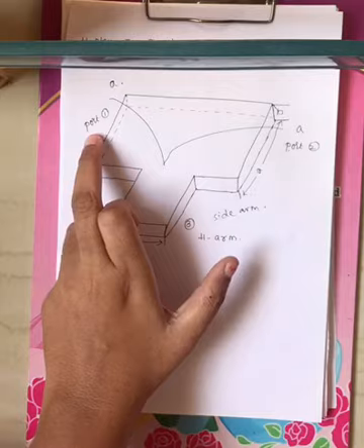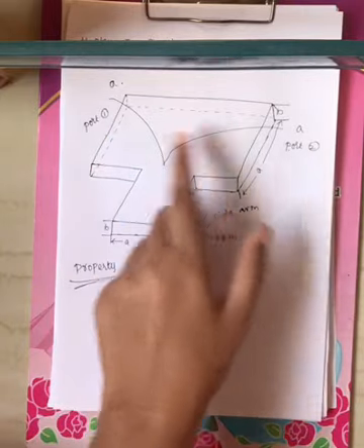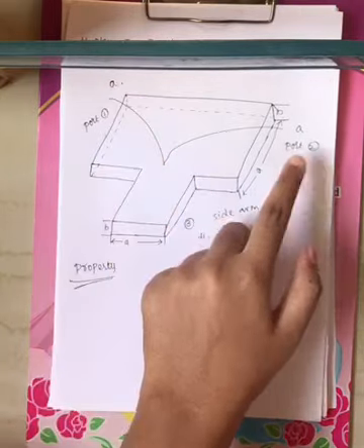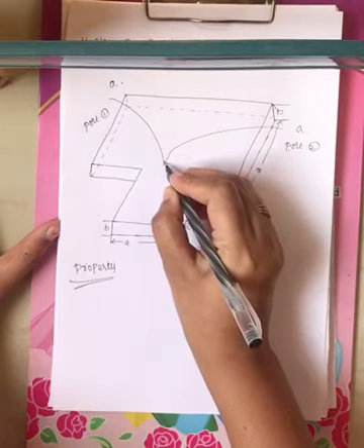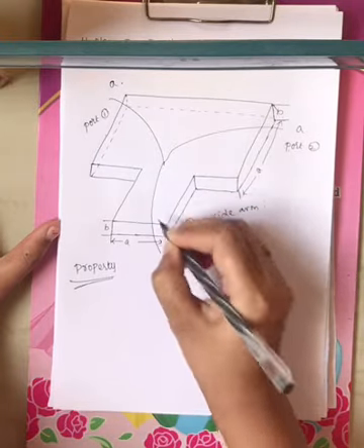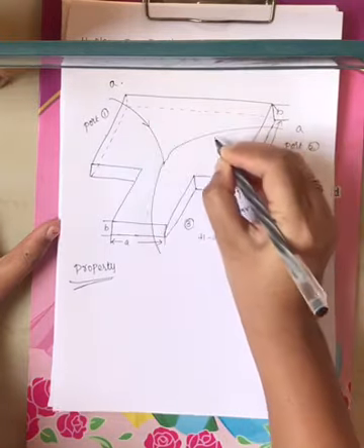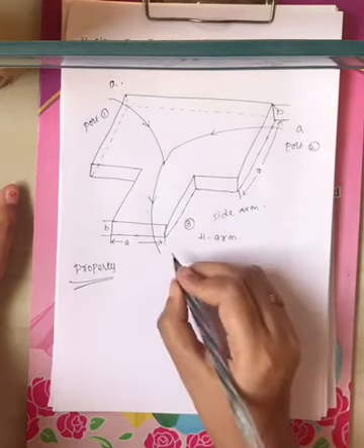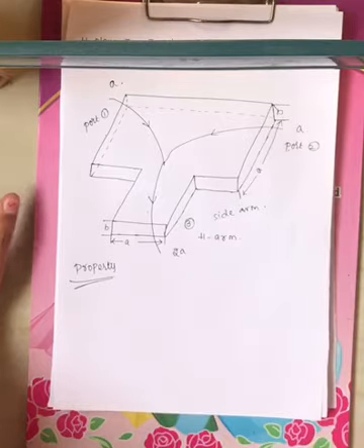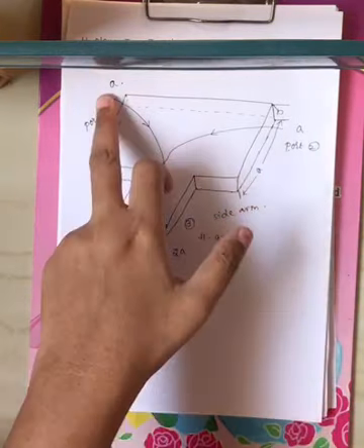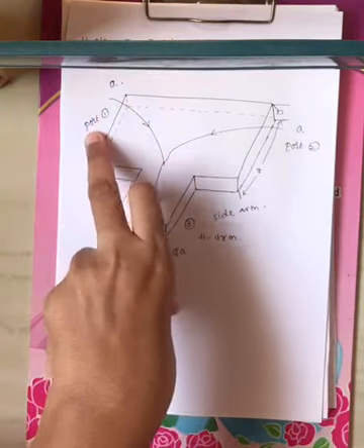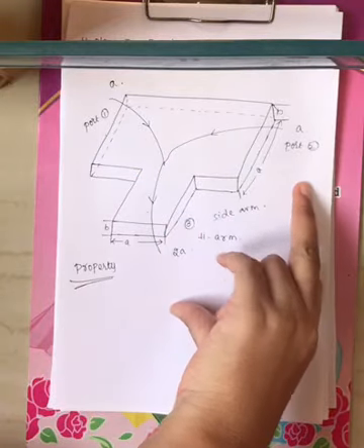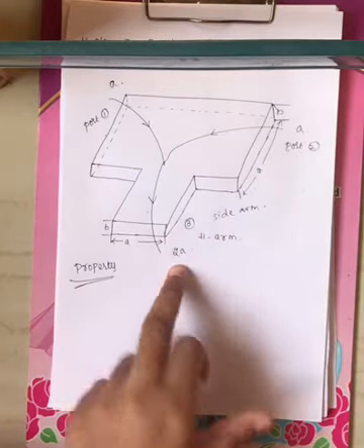When I give input power from port 1 and port 2, which are equal in magnitude and phase, where will you get the output? You will get it from port 3, right? If I give input from port 1 and 2, output is collected at port 3. Now what is the output you will get? 2A, the addition of those two input powers, whatever input you are getting from port 1 plus the input power from port 2, which is nothing but 2A.